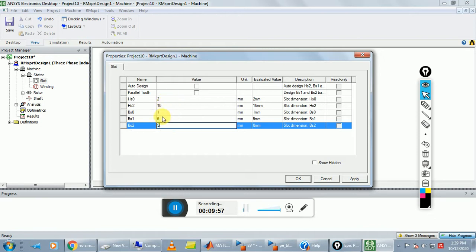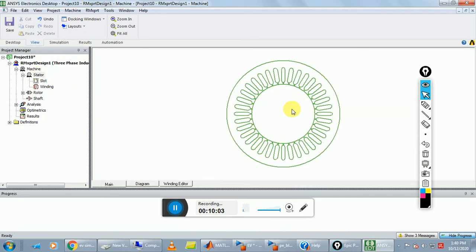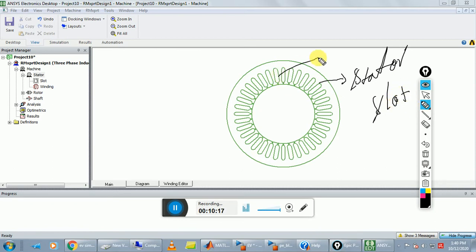And click on OK. This is your stator slot. And type is type 1.